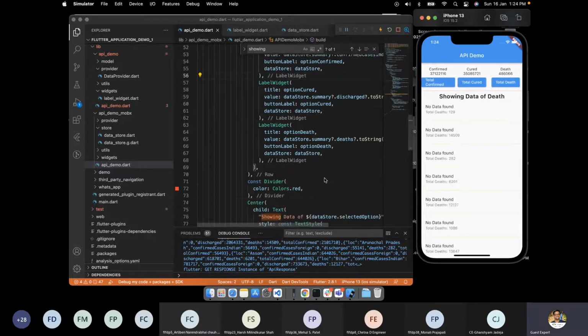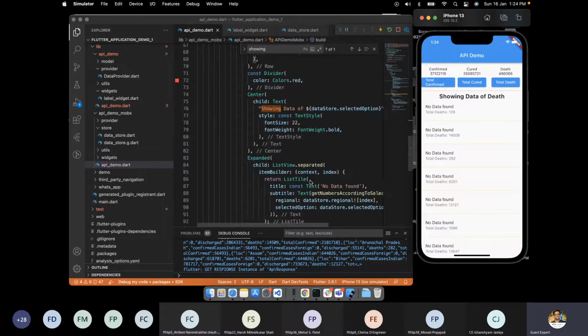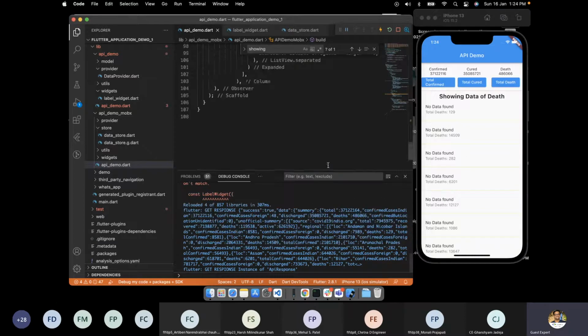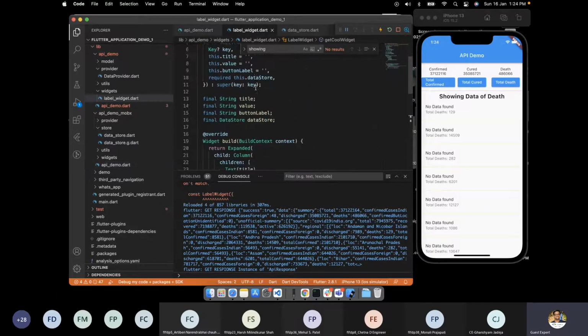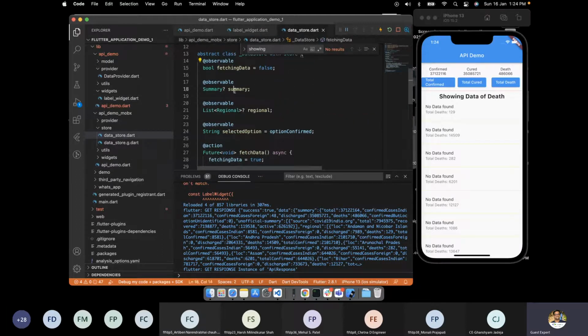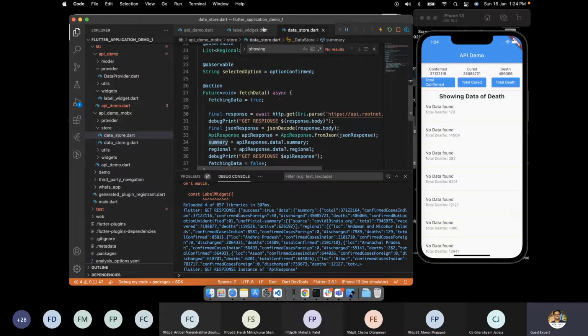But now again, this is the same thing that happened. Like we can do this without implementing the MobX, right? Then what exactly is the magic of MobX here? So the magic of the MobX here is, first thing, the code cleanup. As we can see here that we have a simple store which is changing this data, and as soon as the data gets changed, it will reflect the UI.